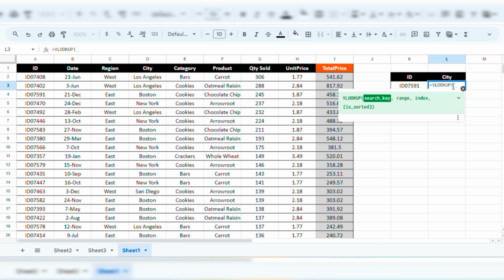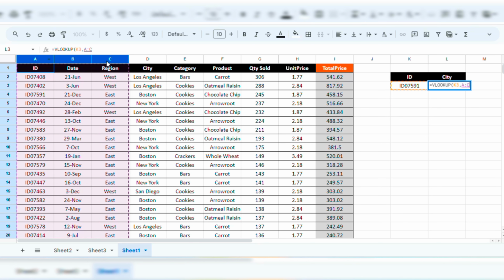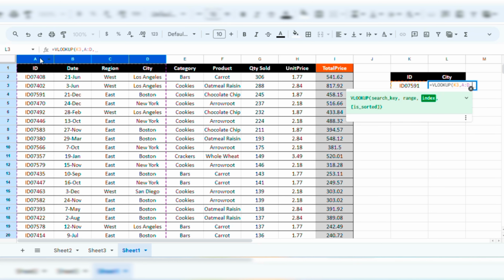After entering the VLOOKUP, the bracket will open and now we have to select the search key. After entering the search key, press comma and select the range. Now I want ID and the city. So I'll select the range from ID to city. The ID is in the first column, date is in the second column, region is in the third column and city is in the fourth column. So from A to D, from here to here,